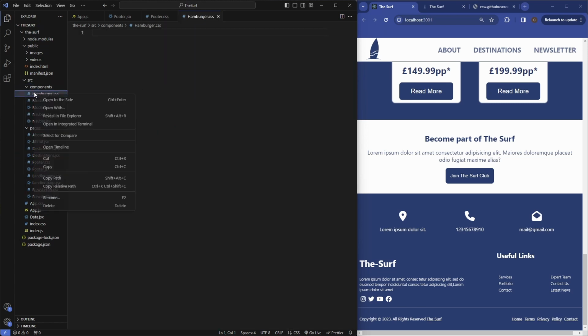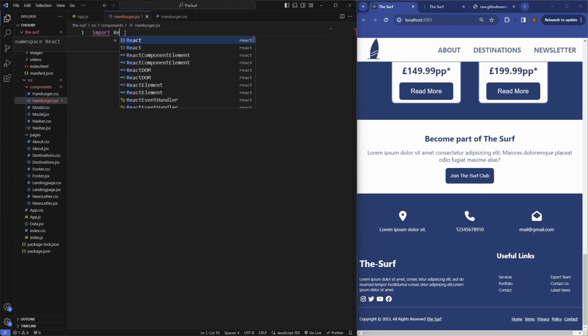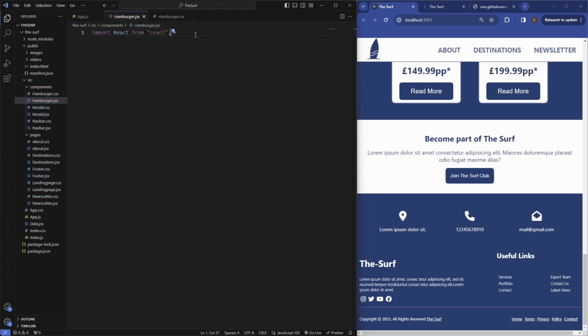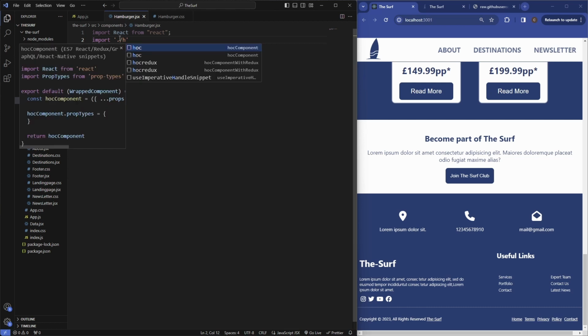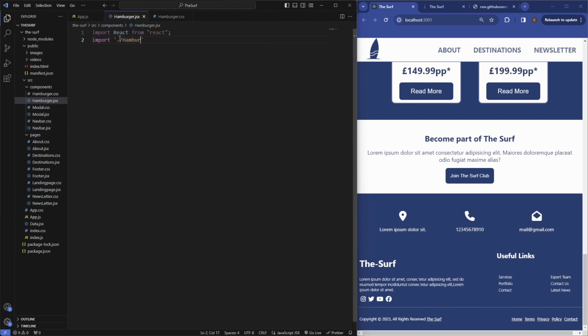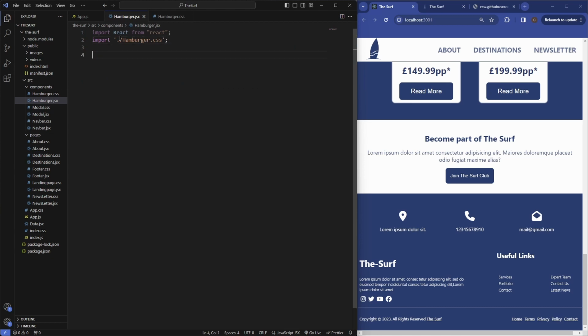Oh, well, we'll need a CSS, but we also need to make a JSX file. So hamburger.jsx. We'll get rid of these two. Same thing as before. So import React from React. Also import the CSS file, Hamburger.css. Then we'll say function hamburger,